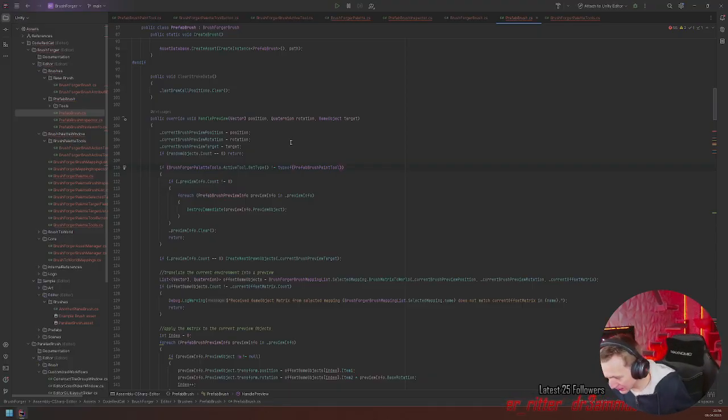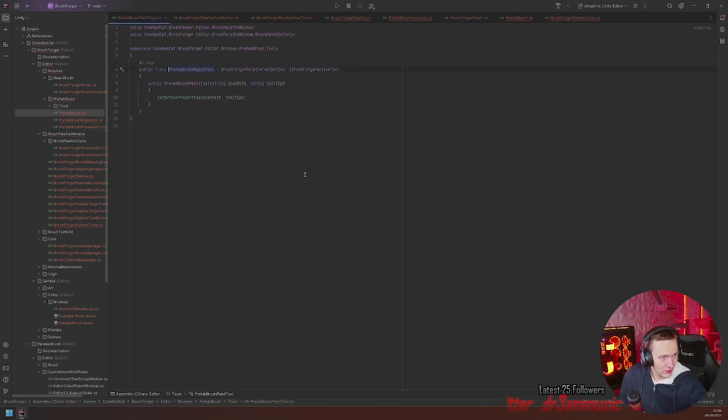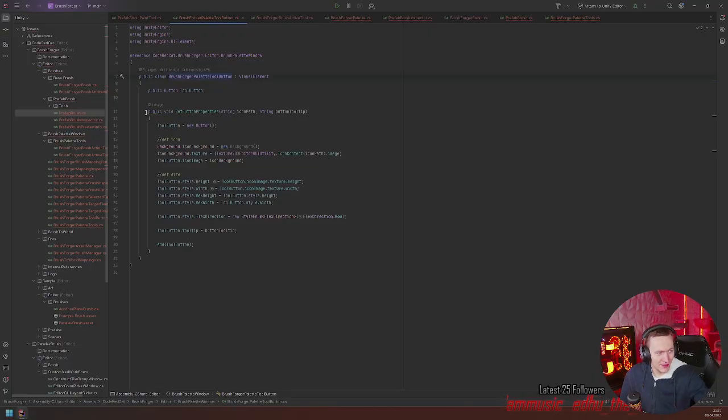I'm still confused here on what to do with the paint tool class, because currently this class only does two things. It has an icon path and a tooltip, and then it sets these properties. I actually have to get my head around why I need this class.